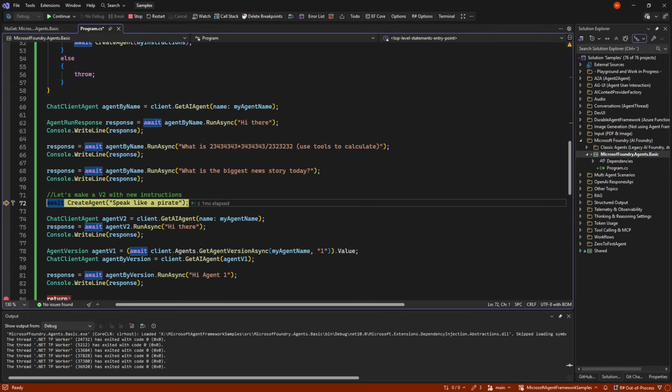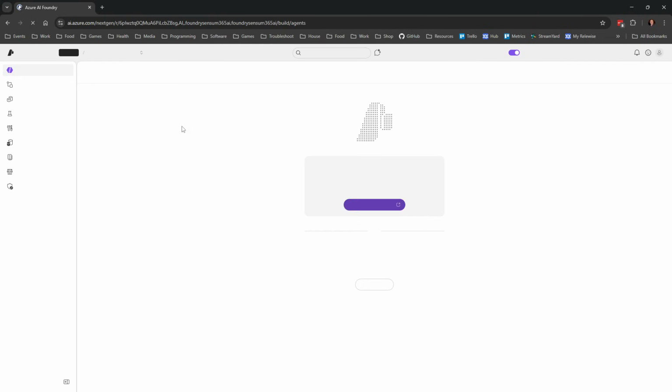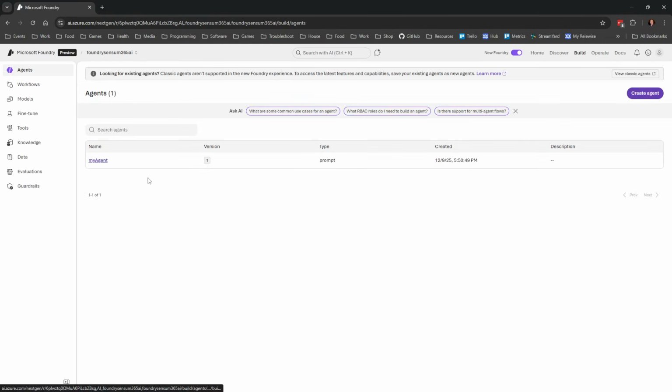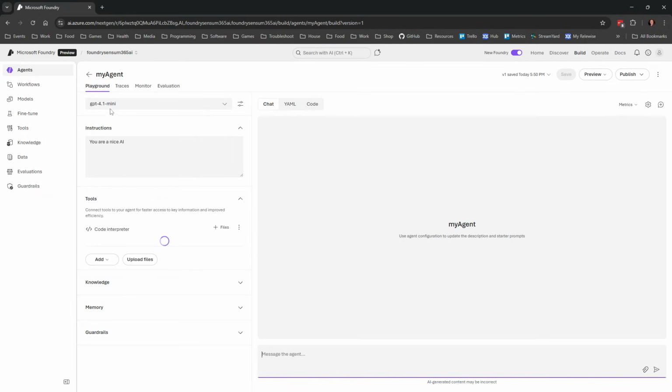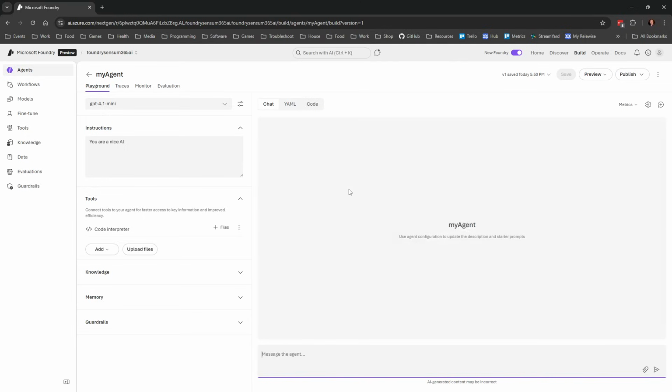Now we're going to try and call the create agent again. By the way, if we just look up in the portal and refresh, we can see our agent up here. And we can see that it has the code interpreter tool. And here's one more mistake the system has. It can't show the web search tool, despite it being here, because the real web search tool is in preview, but it still reacts to web search. So a bit messy again.